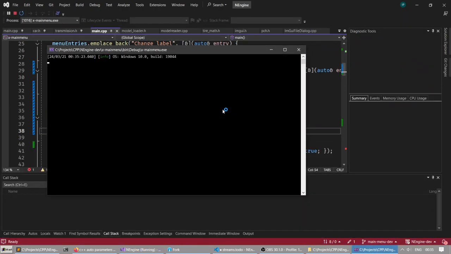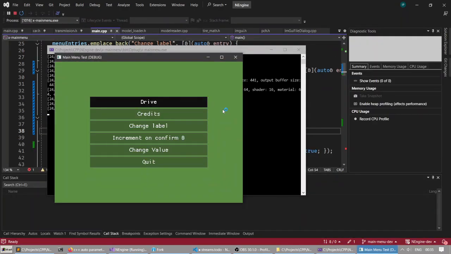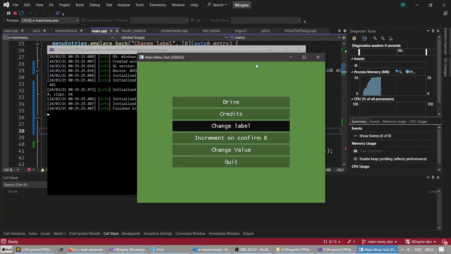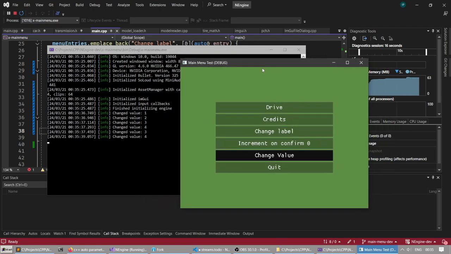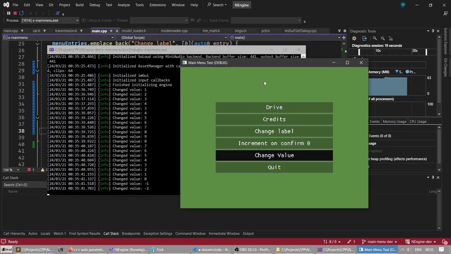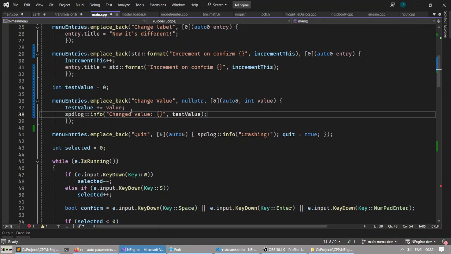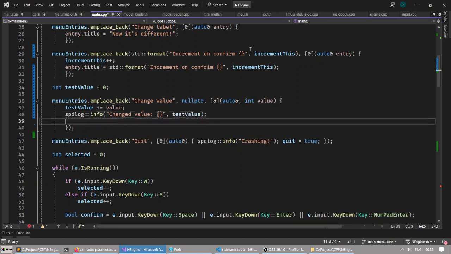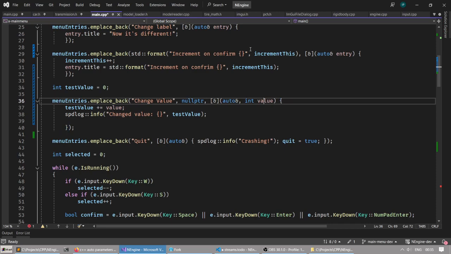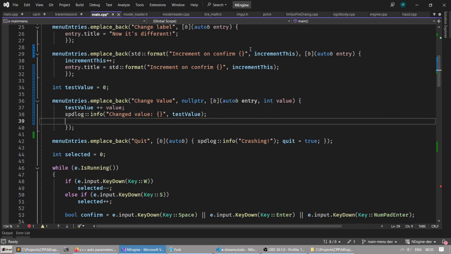I hope it's not because of the std function stuff that it compiles forever. Because if I need to compile this every time, I hope it's not going to be a problem. Okay, increment and confirm, change value, there it is. So we go up, there it is, and we go down. Okay, so let's change the text itself. I'm going to point the entry, well, here it is, because I have a reference. And I'm going to say the entry title